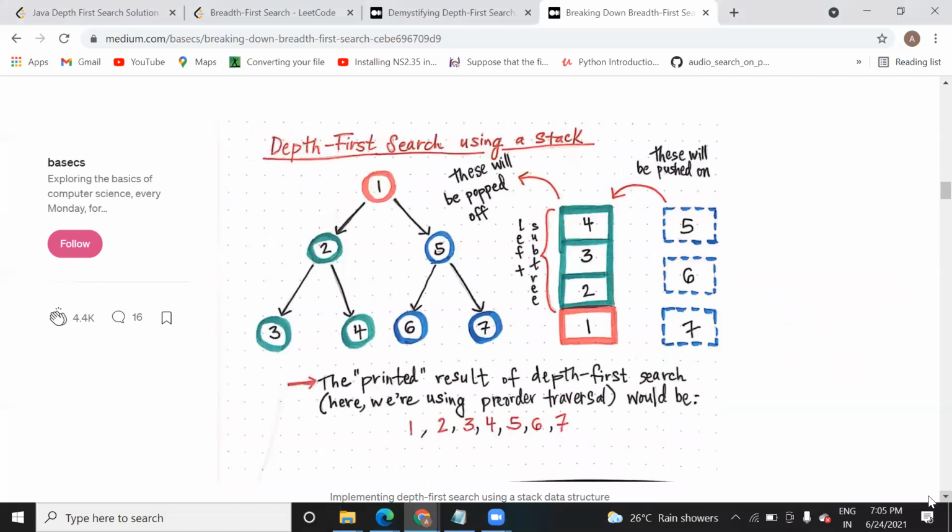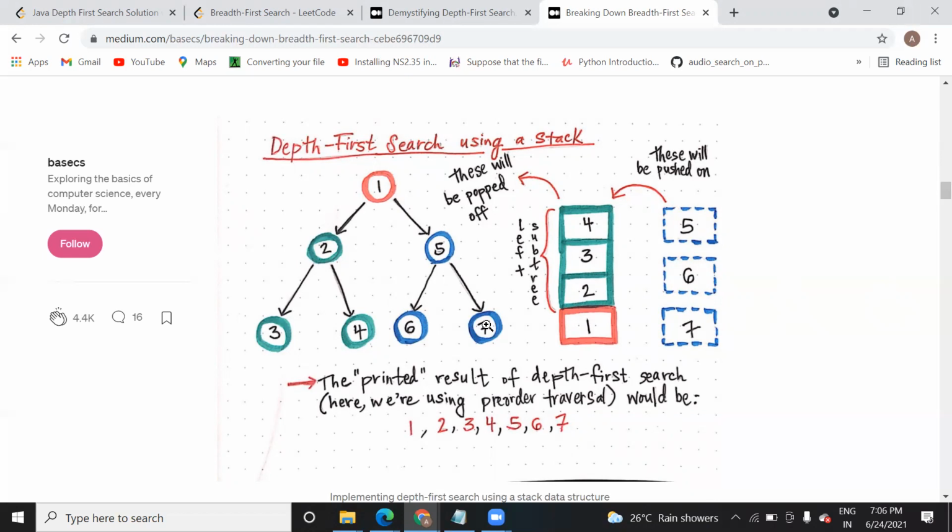Depth first search is the same thing as breadth first search. The only thing is that here we use a stack in order to manage the nodes to reach the destination, and in breadth first search we use a queue.